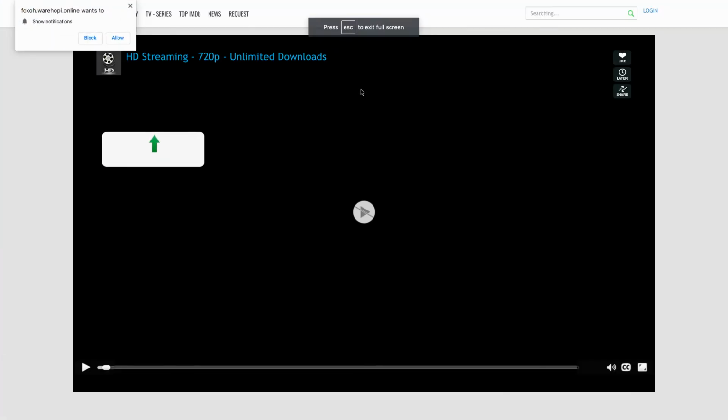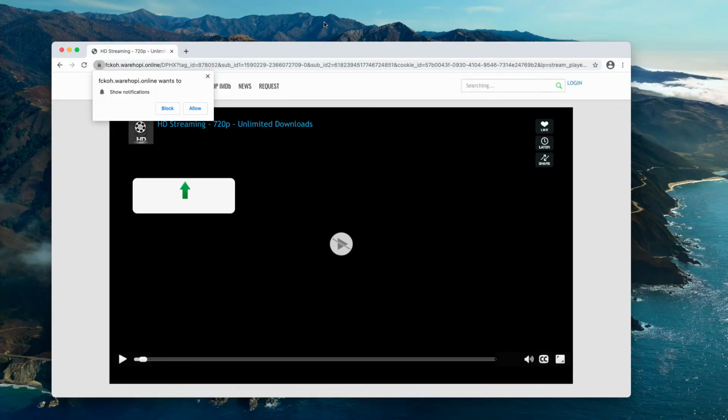Also, the pop-up is able to switch the browser into full screen mode. Well, you may simply press the escape button on your keyboard to get out of that mode. Now, when the allow button is mistakenly clicked, the browser gets forwarded to a great number of third-party websites, and